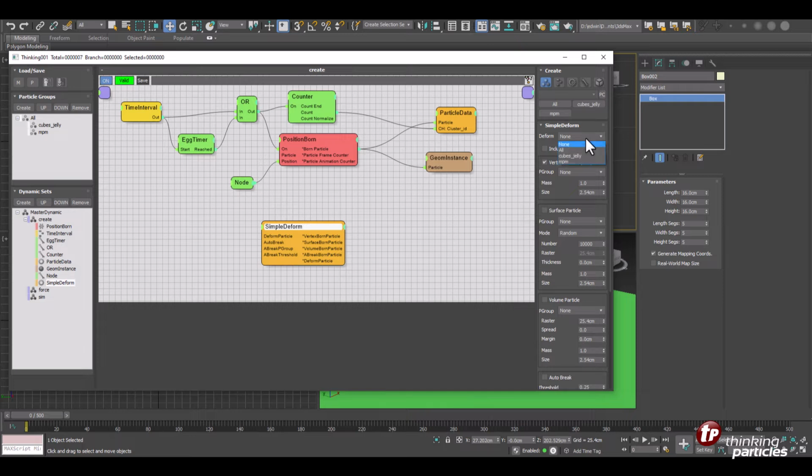So you just feed in, tell it, okay, here's my particle group with the meshes. So right now, all the meshes are created in the cube's jelly group. So there's the meshes we want to deform. The next thing we say is, okay, where should the particles go that control the deformation? And we want to have them in the MPM group, because our MPM, material point method solver, will control these